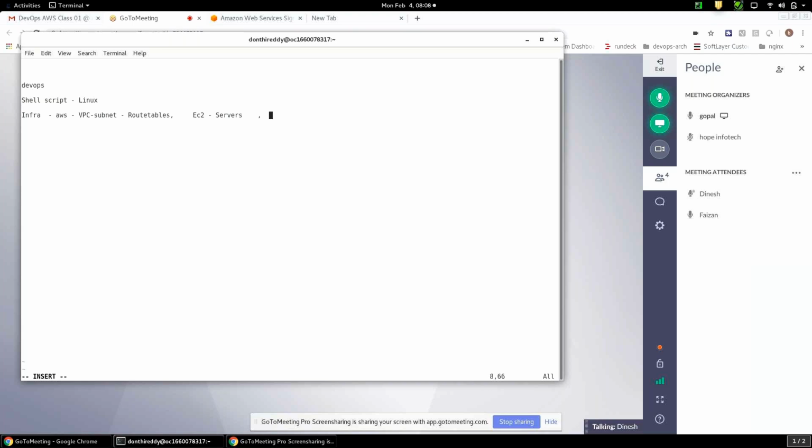Like whatever you were saying, VPC, subnets, route tables, EC2 servers, imaging and all. Everything will be done practically on AWS, right? Yes. Everything I show you on my screen, I'm going to do practically. And within that AWS subscription, which is free, how will it allow me to use Linux?